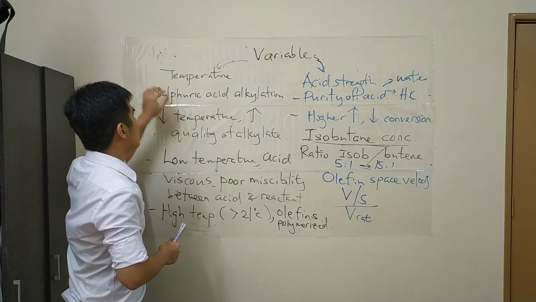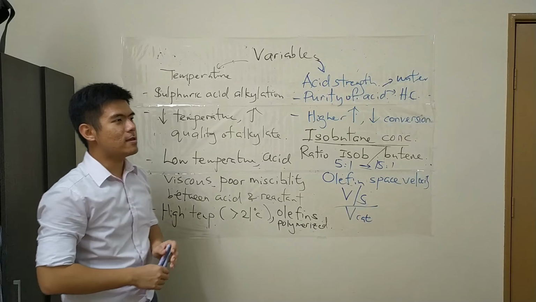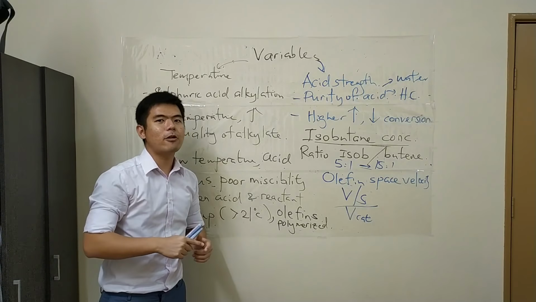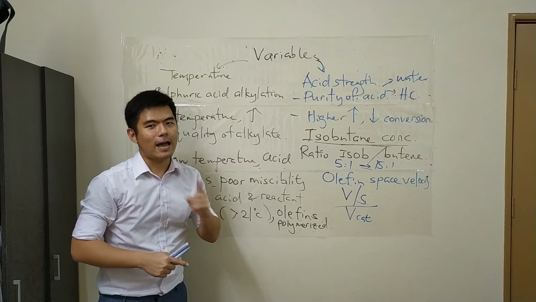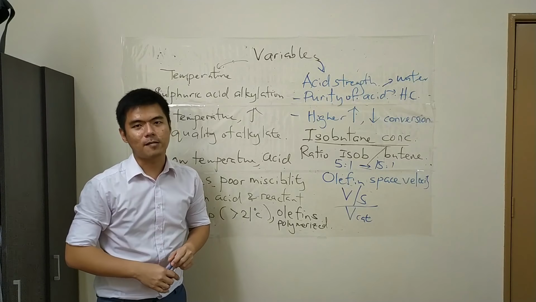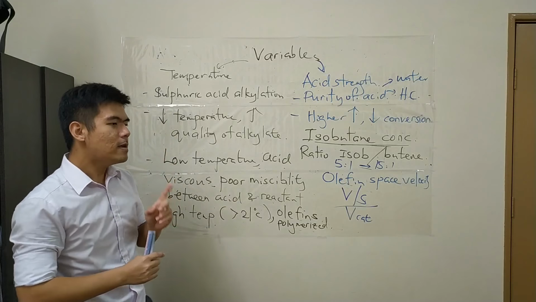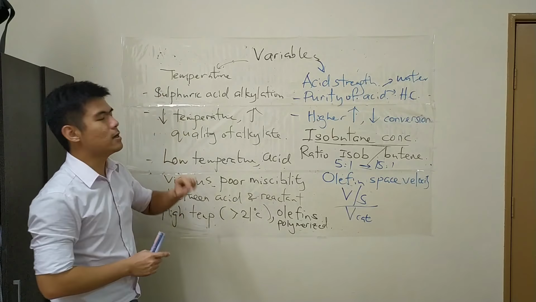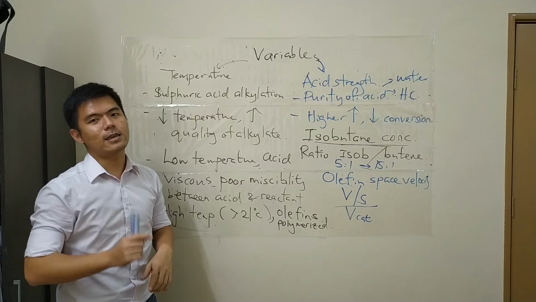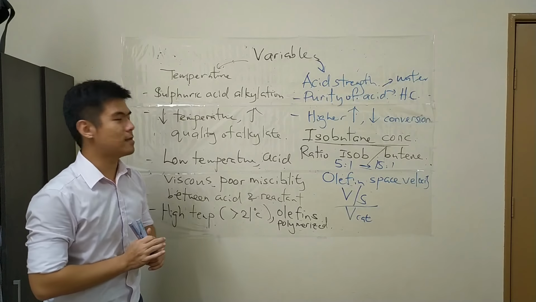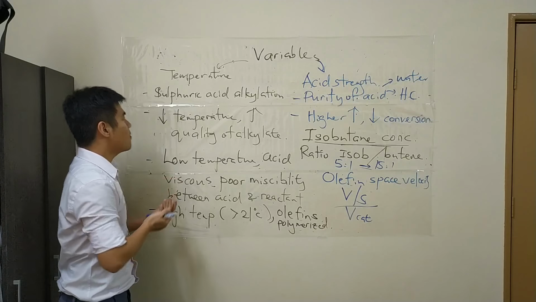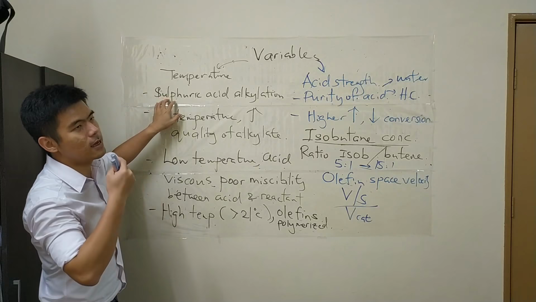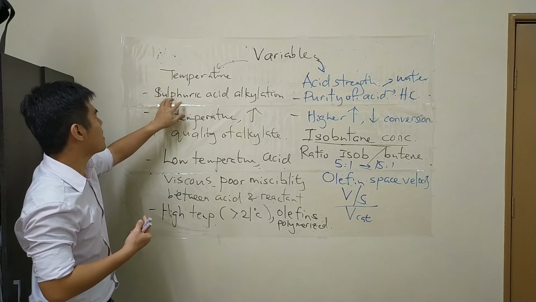So when we talk about the temperature, we have come up with a general statement. Lower the temperature, higher the octane number of the products that we obtain. So I repeat again, the general statement describing the effect of temperature: lower the temperature, higher the octane number of the products that we obtain. For your information, the temperature will be very significant in affecting the alkylation process that uses sulfuric acid as